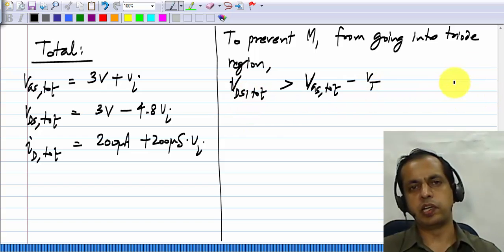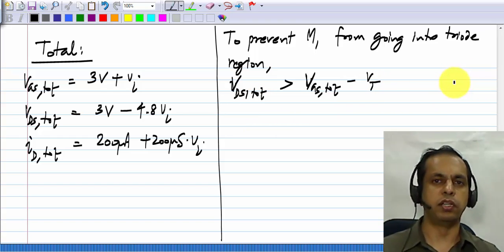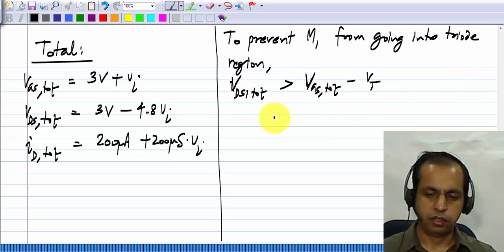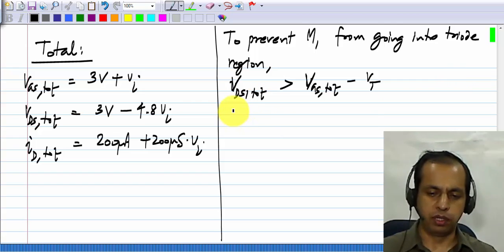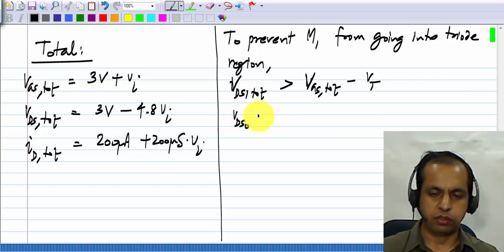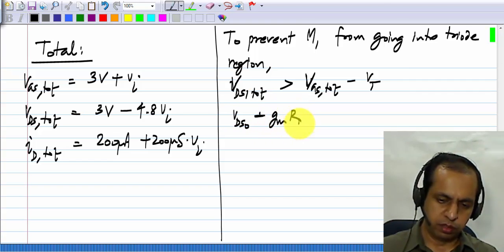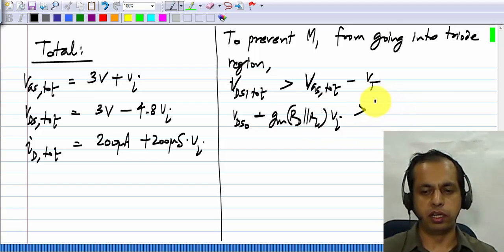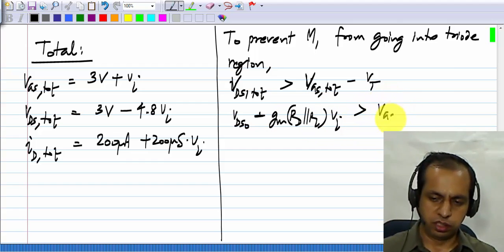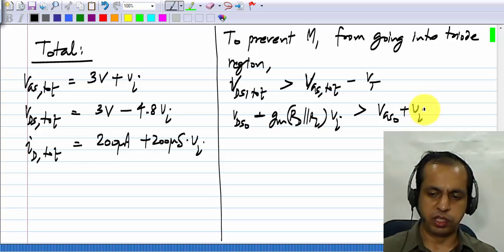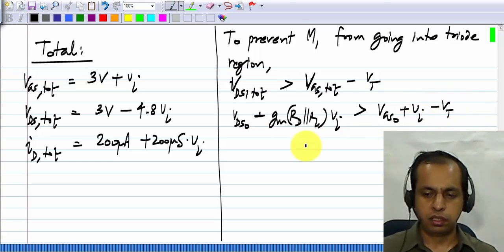And the condition is exactly the same as before. We are talking about a common source amplifier. So what do we have? VDS total is VDS0 minus GM RD parallel RL times VI, and this should be greater than VGS total, that is VGS0 plus VI, minus VT. So as usual, VI has to be less than